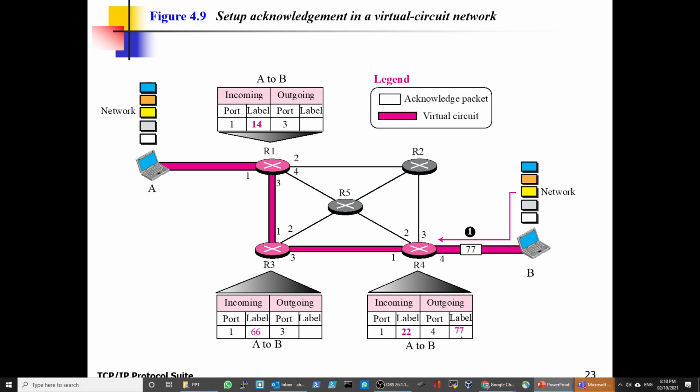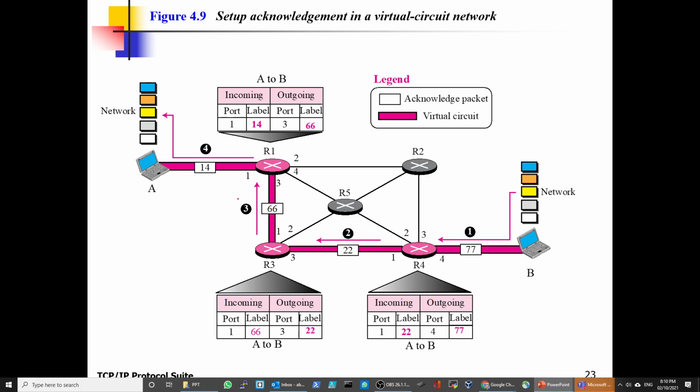You see the acknowledgement going back, then the label will be 22. It continues, and the label goes 66, until the acknowledgement goes back to the source.